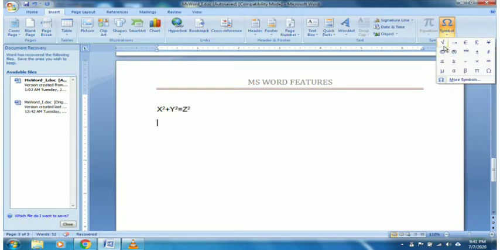Simple example, if I want to use root over 2. So this is how I place the symbol. I just clicked on the symbol insert and then I placed the symbol. Now suppose if I want to write something else,